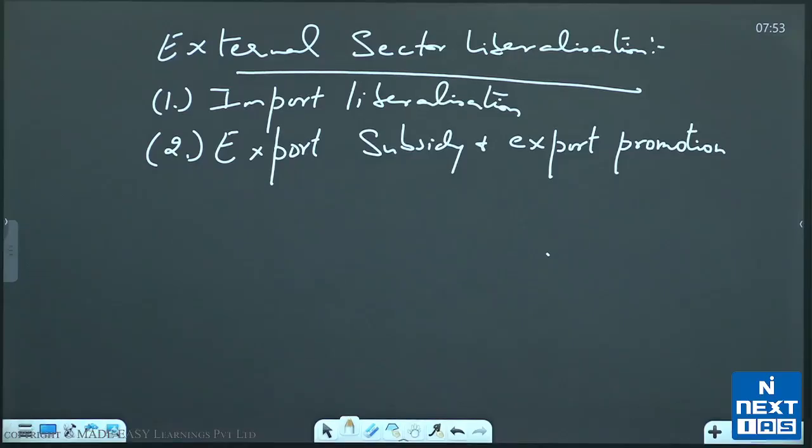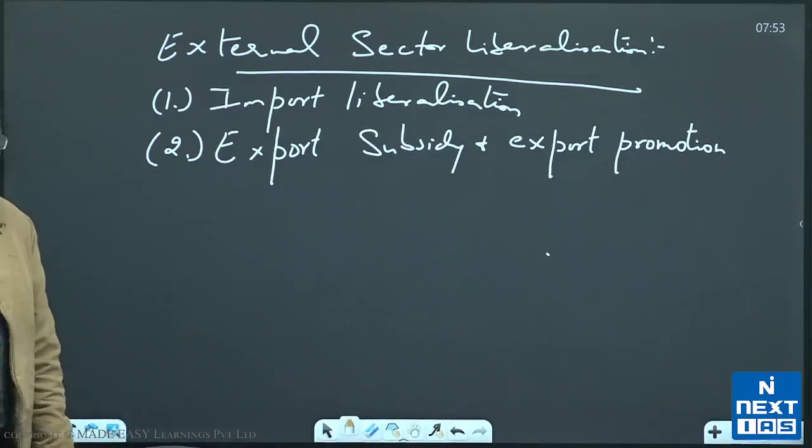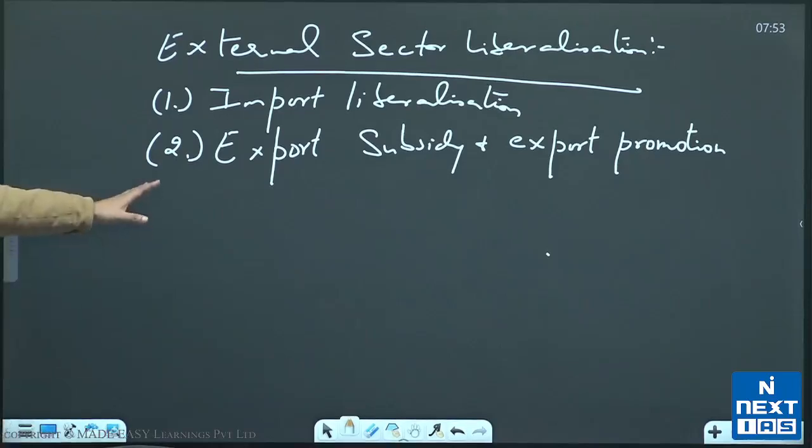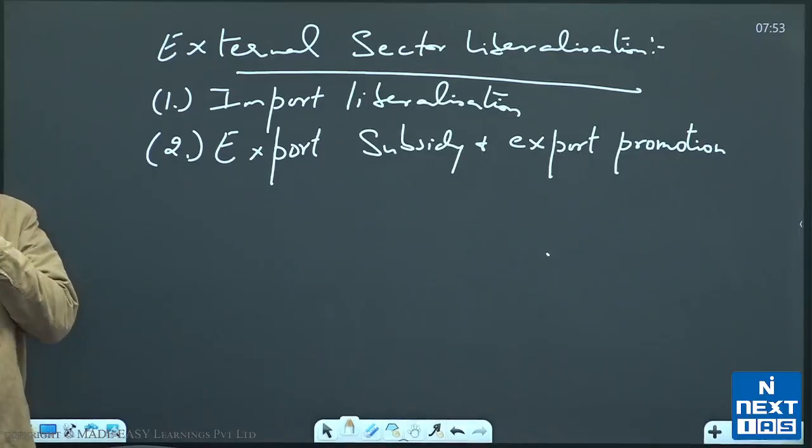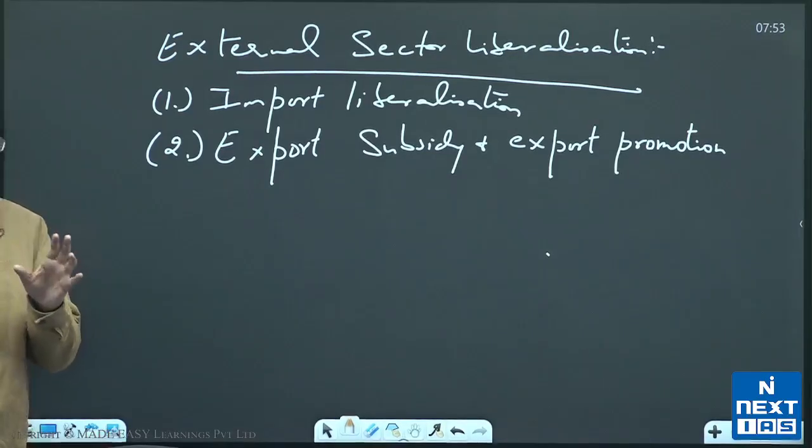Okay, let's see. When we say export subsidy and export promotion, I'll teach you this in more detail in another maybe 2-3 classes when we will reach export promotion by India after globalization. But just to give you a hint, what we started doing was, we started changing the structure of the economy. Till 1991, we used to be more an import substituting economy, and post 91, we started becoming more an export promoting economy. An economic system which was now more focused on increasing its exports than restricting its imports.